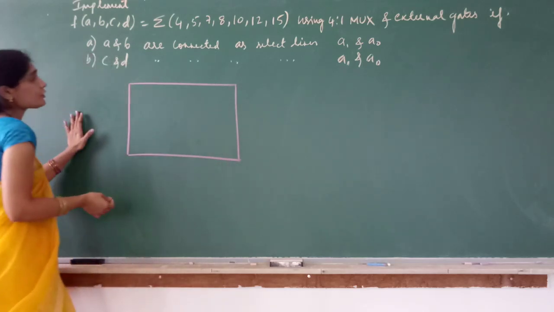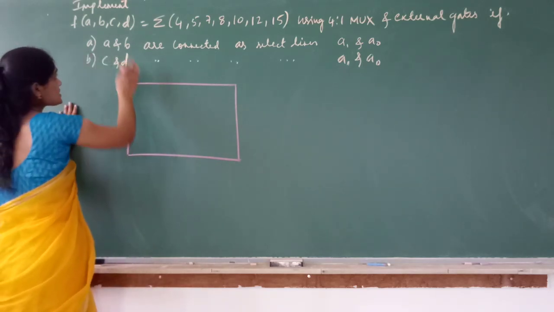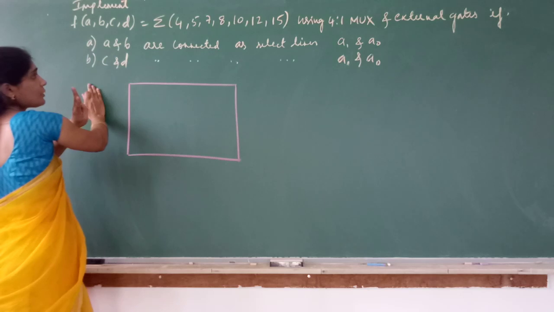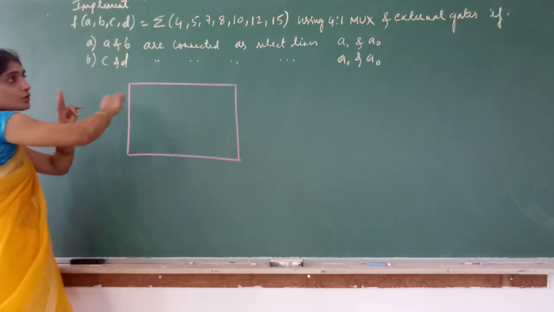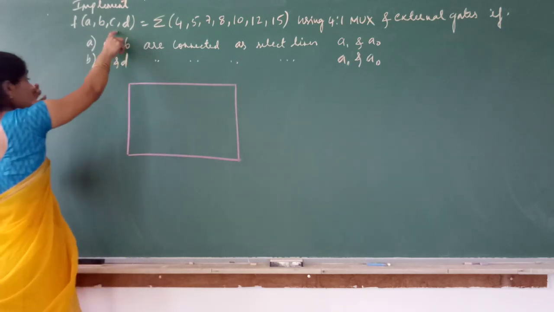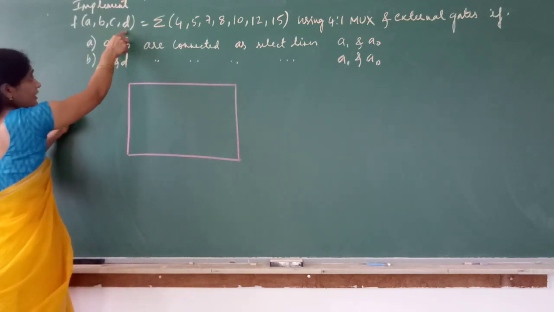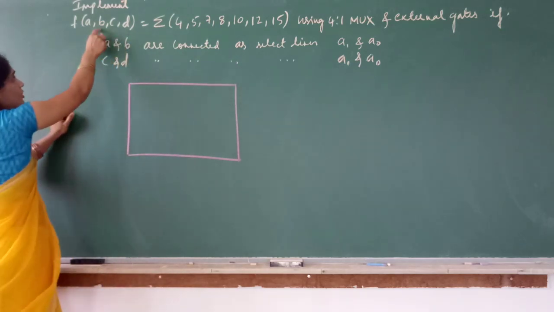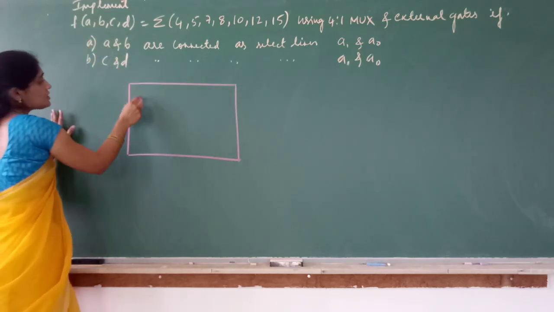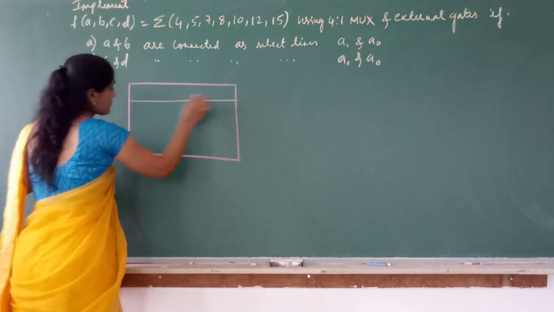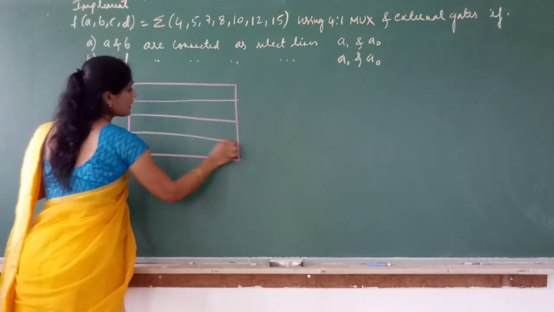Why I am using the 4 variable K-map method is, the given function is of 4 variables. I have to use a 2 select input mux, that is 4:1. So I have to implement this function using a 4:1 mux which has got only 2 select inputs. So let me go for the K-map method. I am writing a 4 variable K-map.